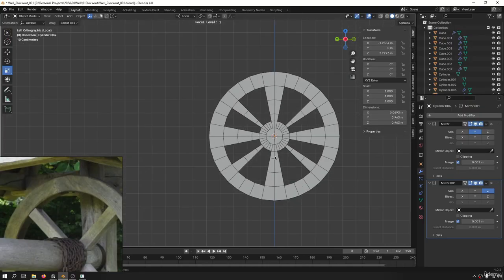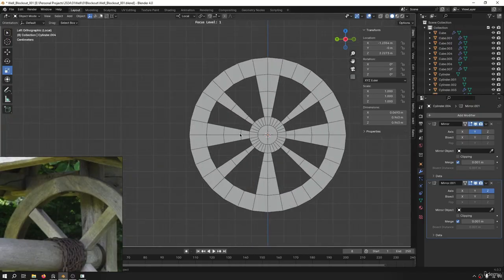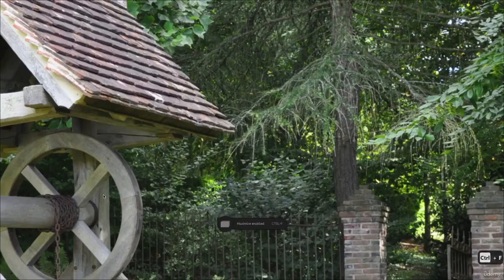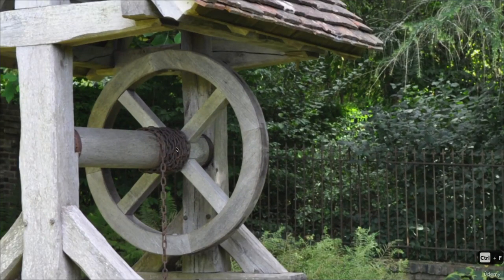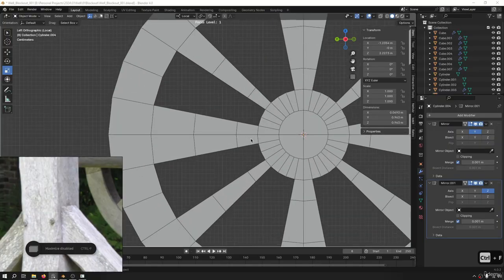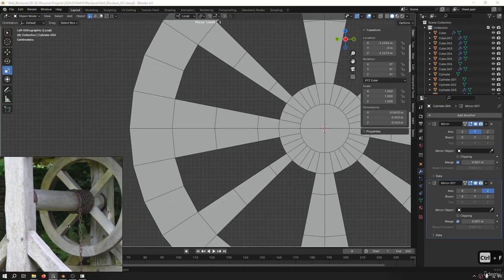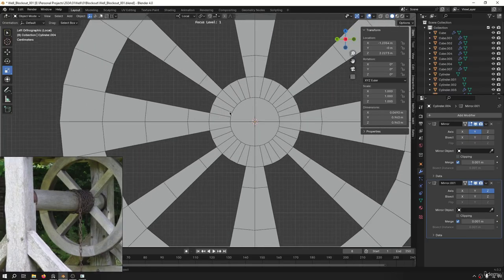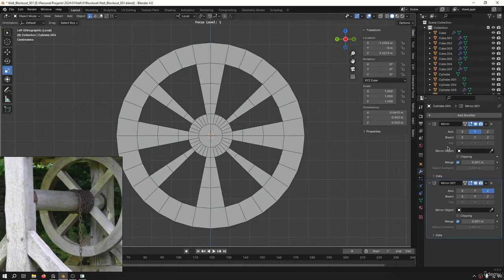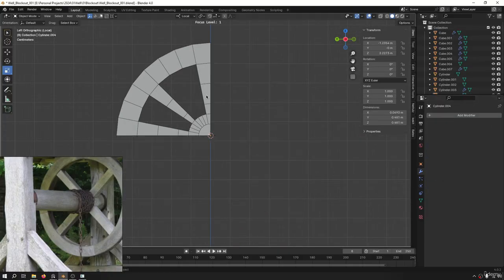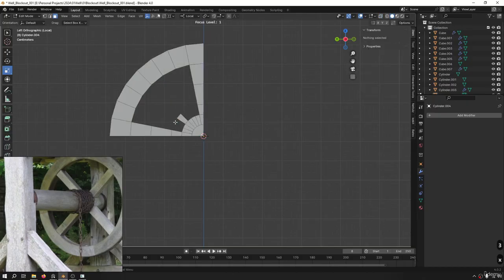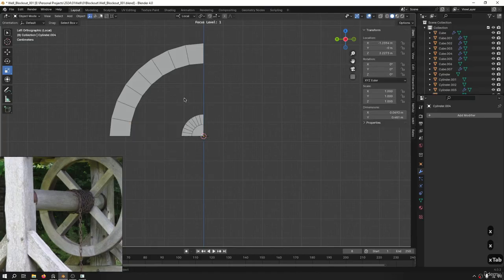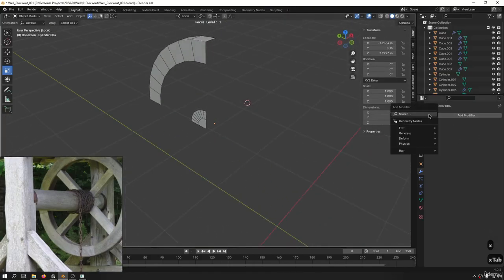Okay, if this is something that you want, you can keep it, but I see that in here we have 4 planks. And in here you see the planks are square, but in here you see that the planks get thinner as they get to here. So let me remove this half and this half and remove what we have here in the center. Okay, that's a design choice. You could leave it or you could just